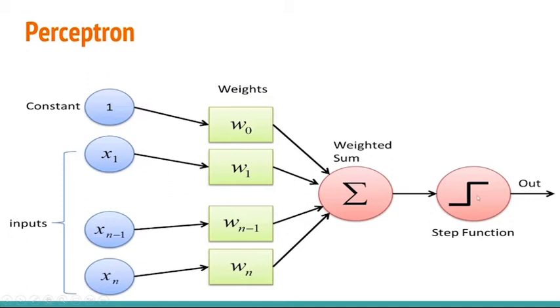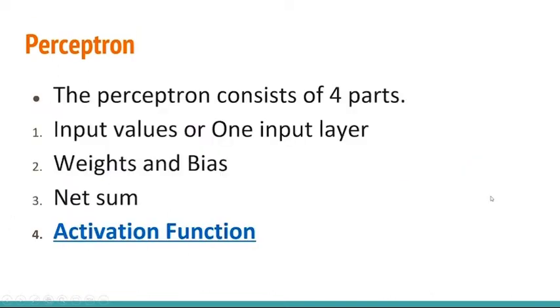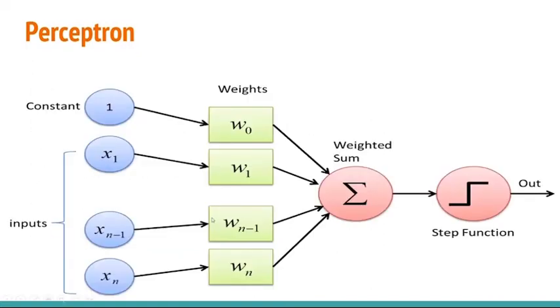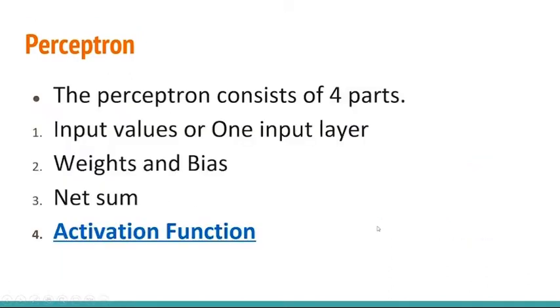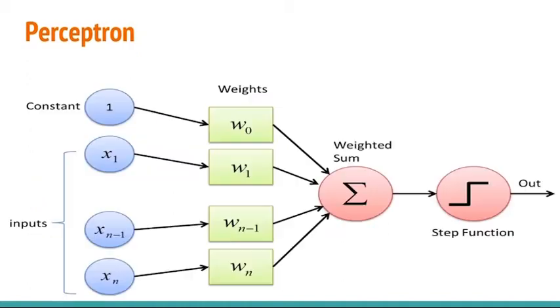This is where the activation function you're using is going to act. And finally, you're going to have an output. So in the perceptron, we've got components: the input values that I show right here, the weights, the sum, the activation function, and the bias. Some of you may be wondering